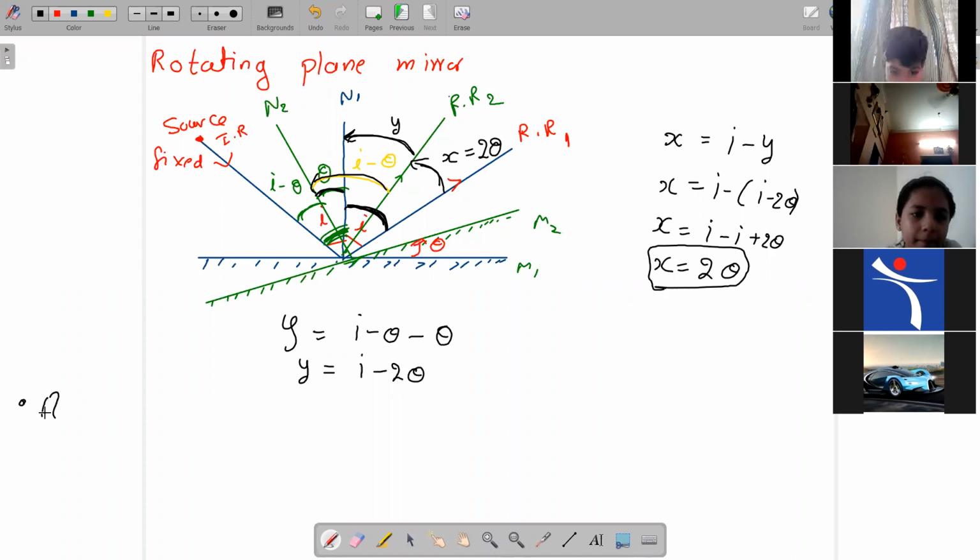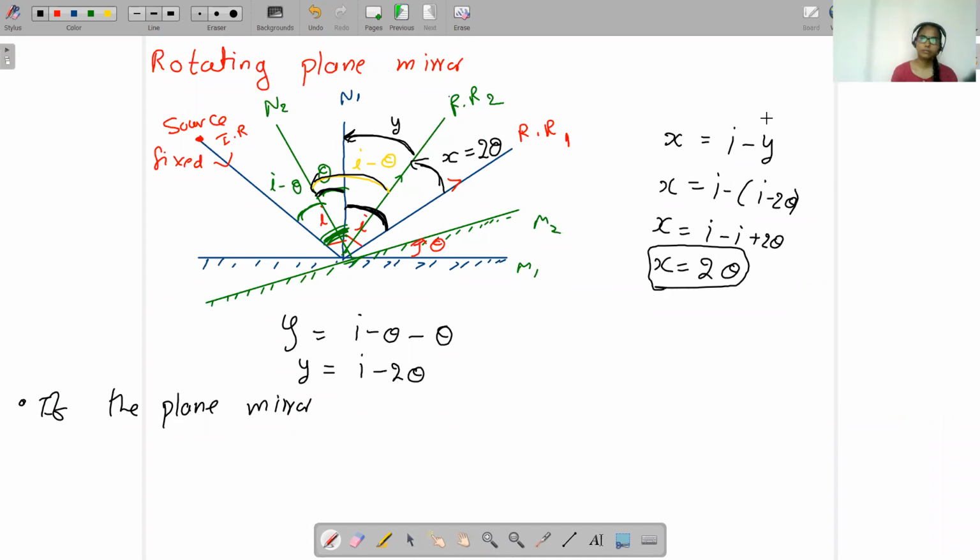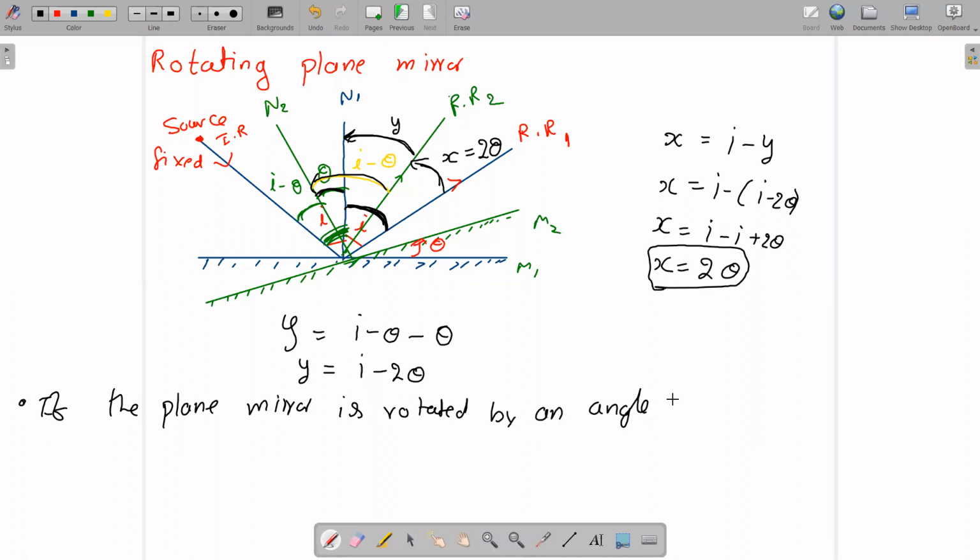If a plane mirror is rotated by an angle theta in the anti-clockwise direction,